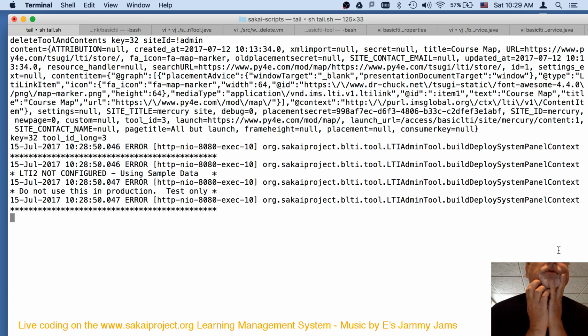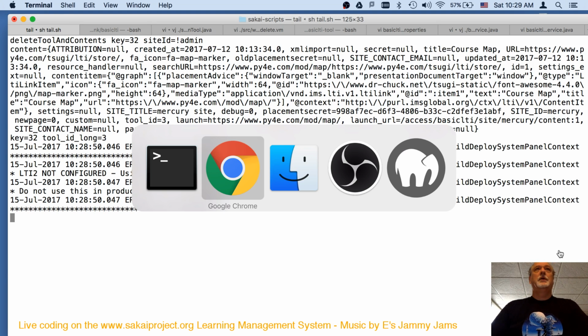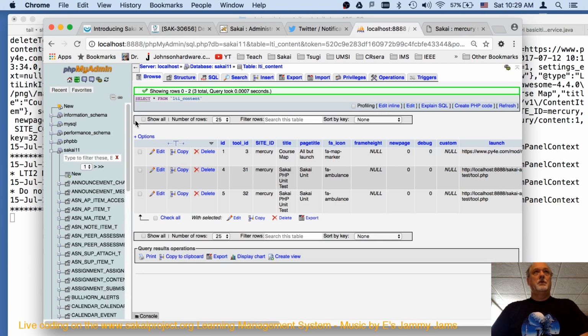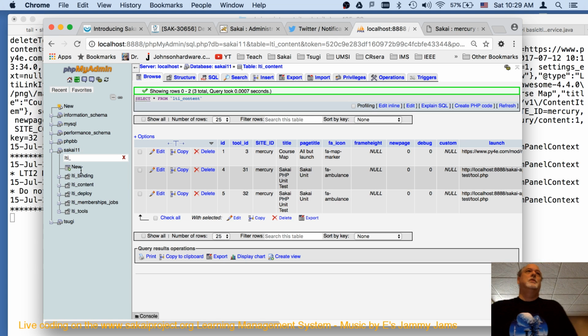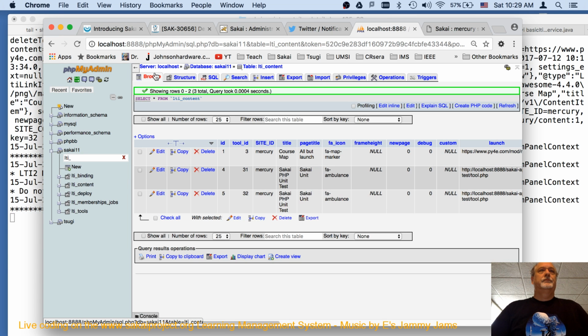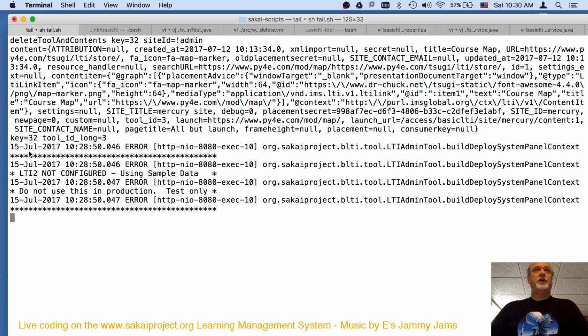Keys 32. What's what? So keys 32, which is actually the tool ID. Tool ID long is 3.